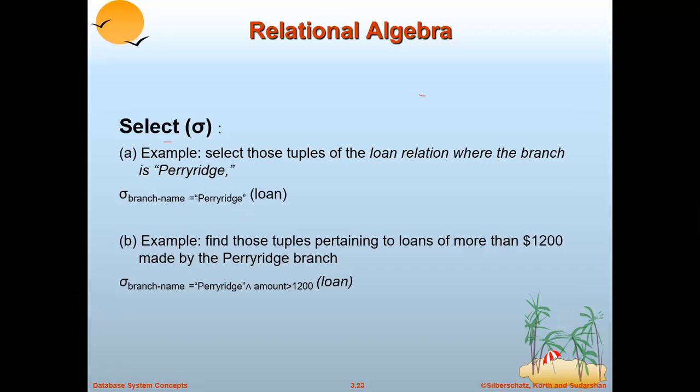So we want all those tuples which have a loan of more than $1,200 and the specific branch, that is Perryridge. We write the query in relational algebra format: rho branch name equal to Perryridge and amount is greater than 1200 of loan input relation. This is the condition, and we want all those rows which satisfy this condition from the loan relation.